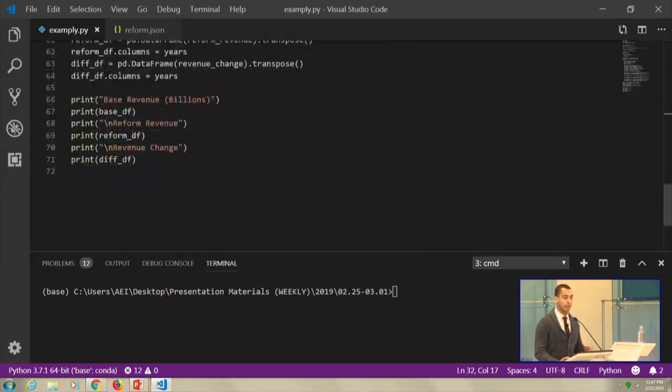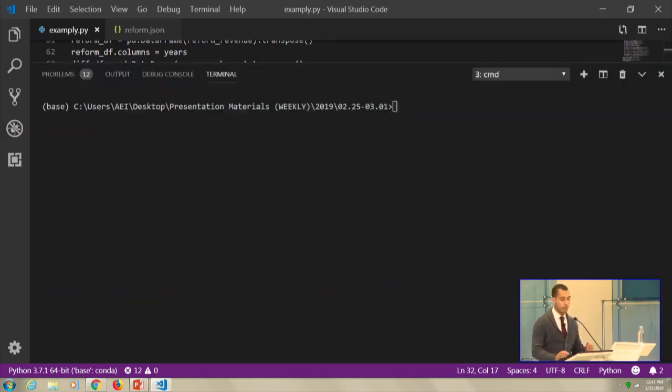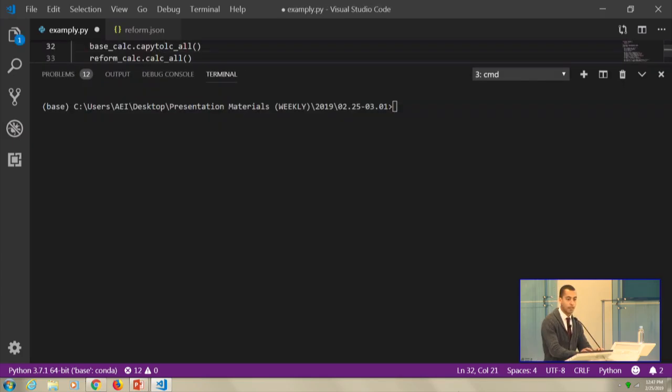And then this is all just making it nice for when we output it as well. So now if we go to actually run it,